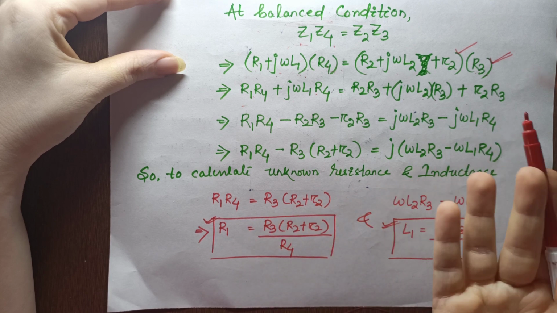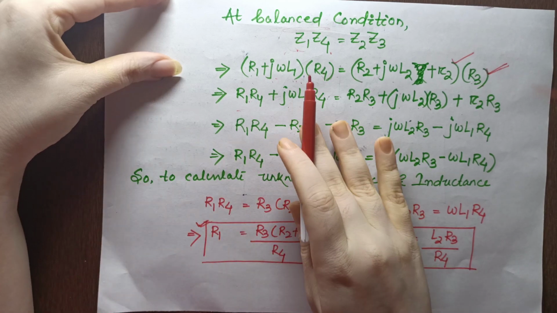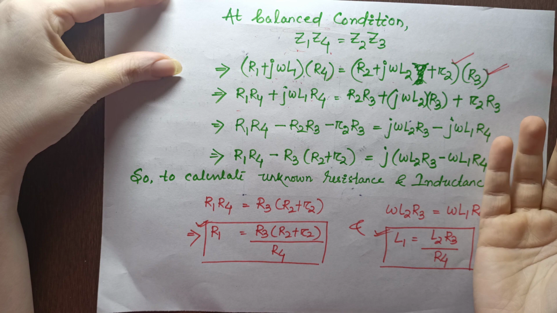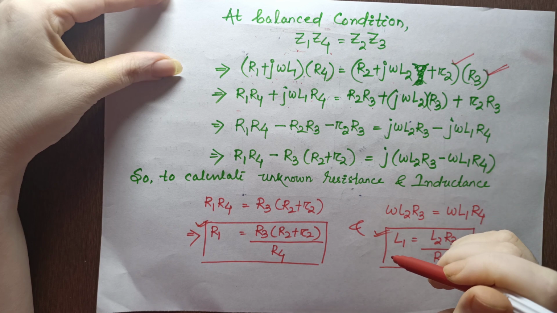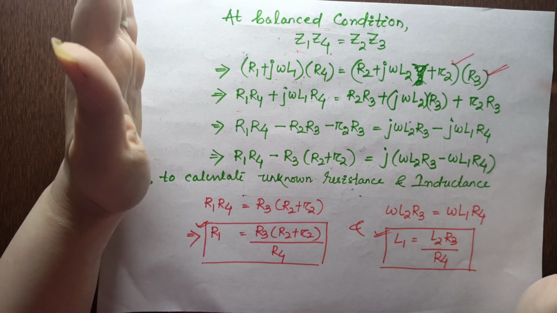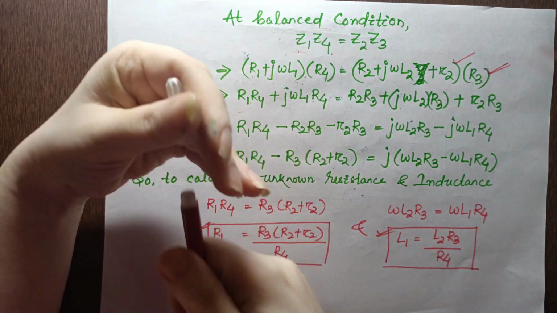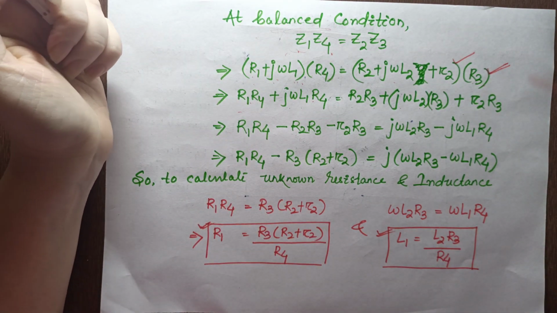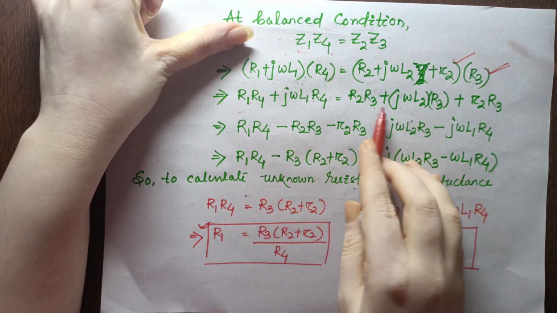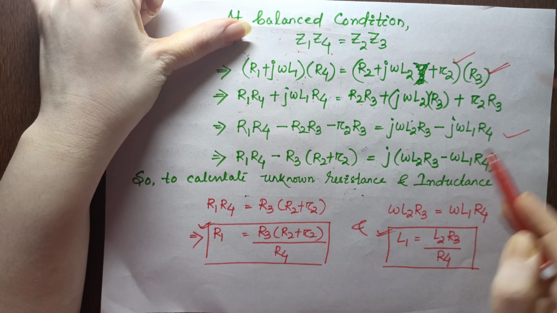Now what you do is bring all the real terms to one side and the imaginary terms, which consist of j, to the other side. While discussing in the first video I have already said your main target is to equate the real terms and also to equate the imaginary terms. If you have forgotten that, then you can follow up the first video. Fine. So we brought all the real terms to one side and all the imaginary terms to another side.